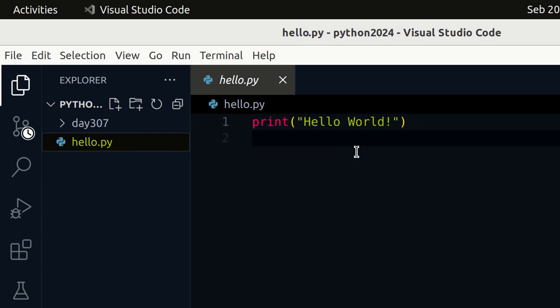However, before we start writing some lines of code, I would like to explain a bit about Python. Maybe the question you would ask yourself is, why Python?